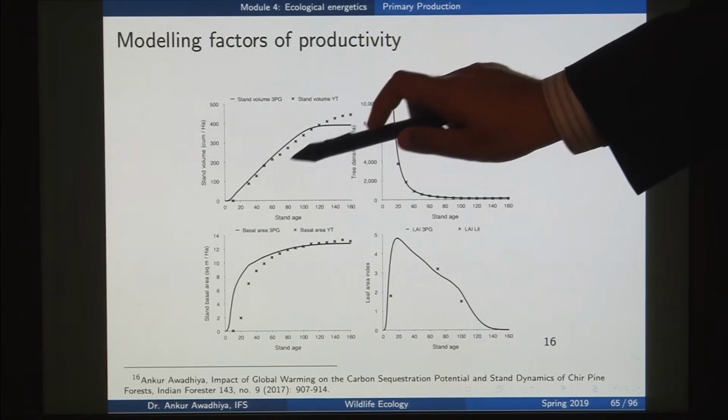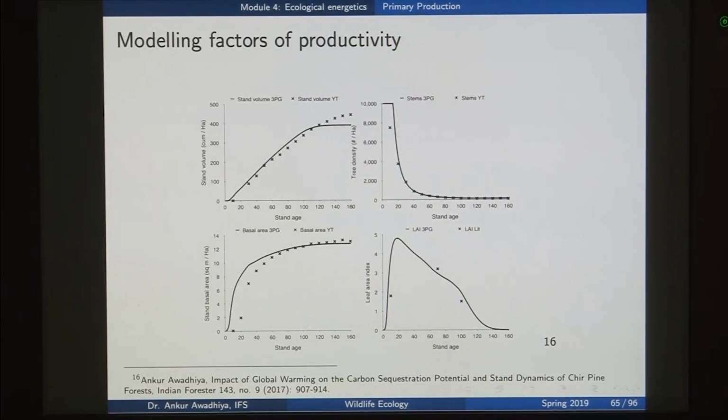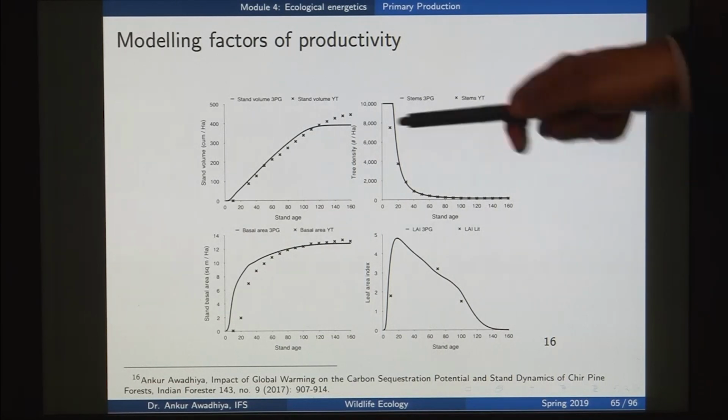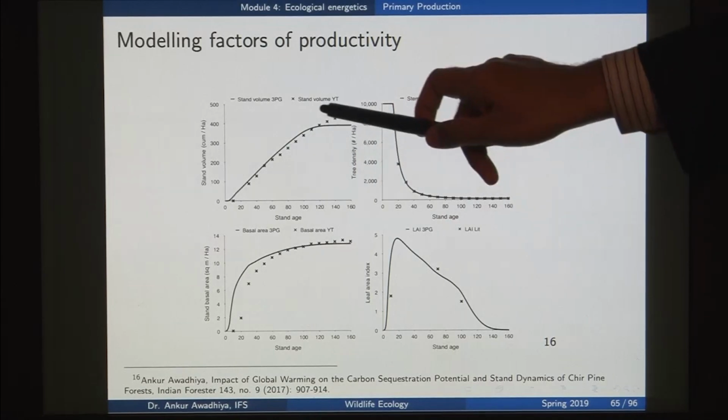So, this is from the yield table, and this straight line is showing our modeling results. In this case, what we are trying to do is calibrate our model so that it best represents the existing field situations. From here we see that there is a very good correspondence between both of these till, say,